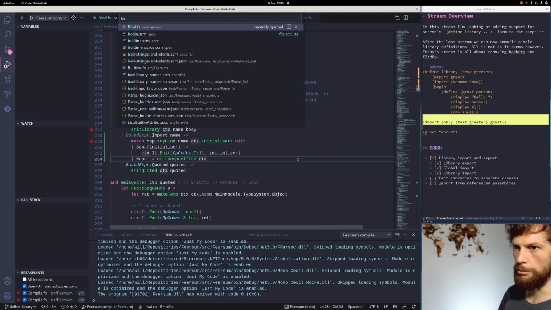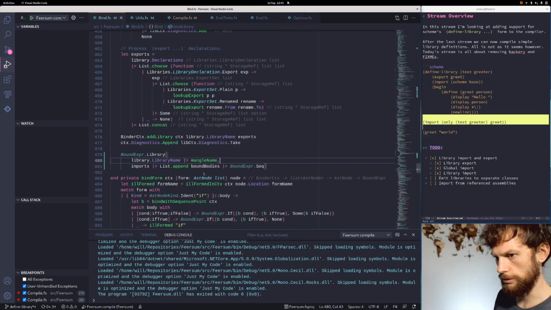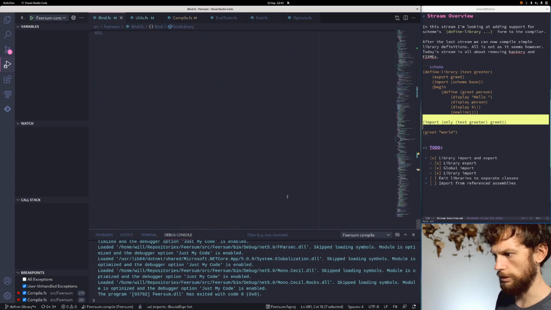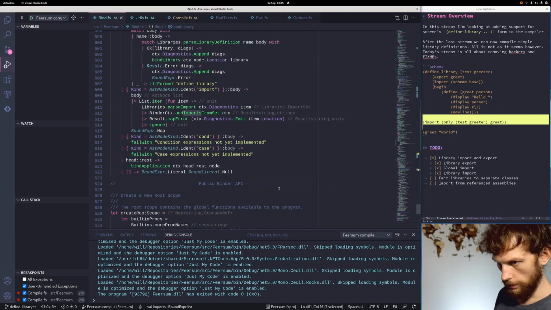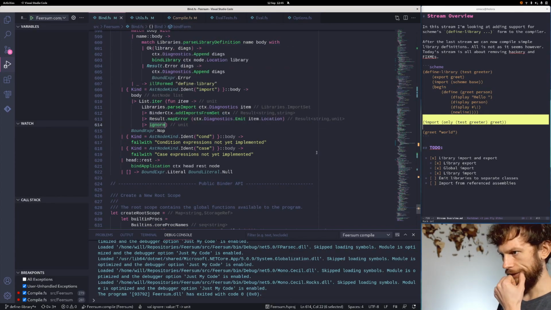This is going to be a binder problem, isn't it? So here, I'm putting all the imports in, but I bet for the global import, we're not. So if you do it at the root level, add imports, we're still doing an ignore. So this is now